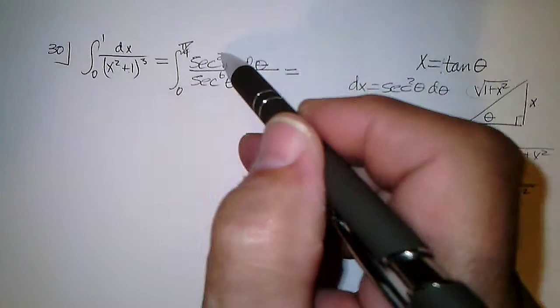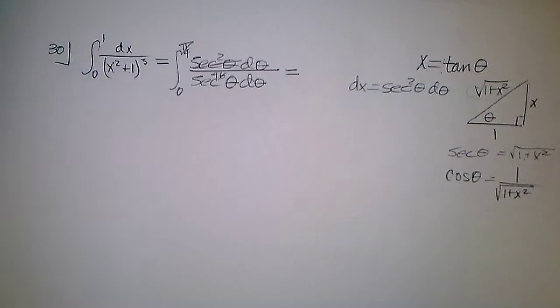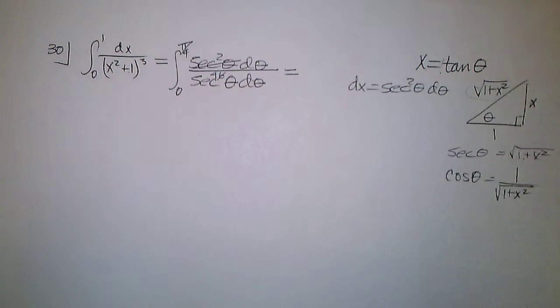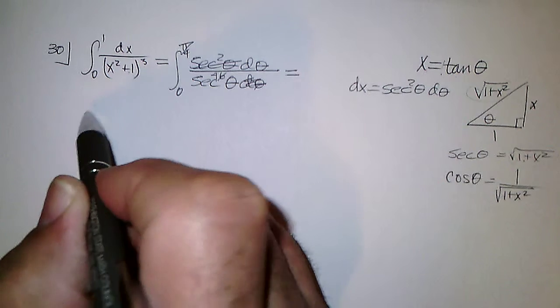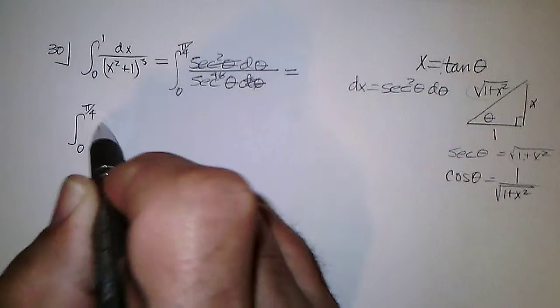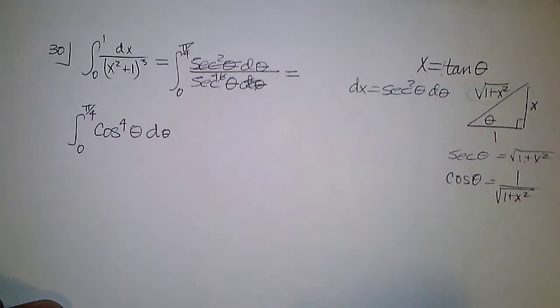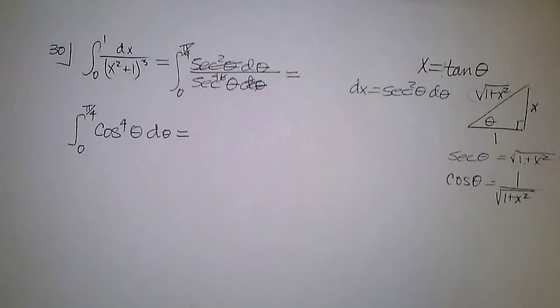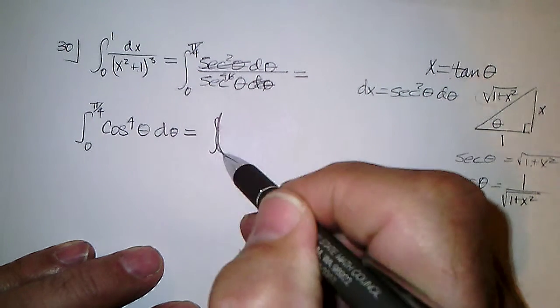And secant squared is going to cancel 2 of these and leave it secant to the 4th in the denominator, which is cosine to the 4th in the numerator. Oop, no d theta there. So this would become the integral from 0 to pi over 4 of cosine to the 4th theta d theta. And so we can do the reduction formula for cosine to the 4th. It's formula number 6, and this would become,